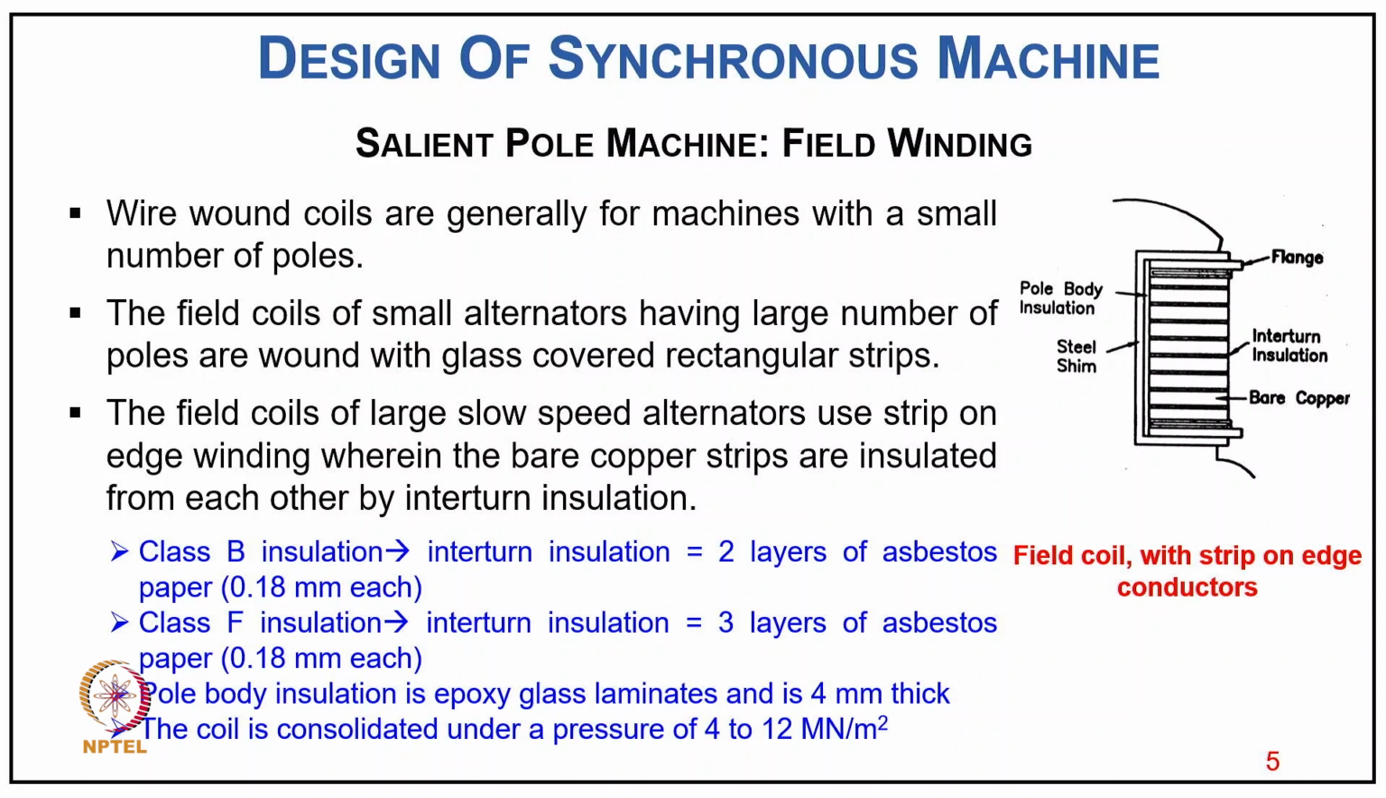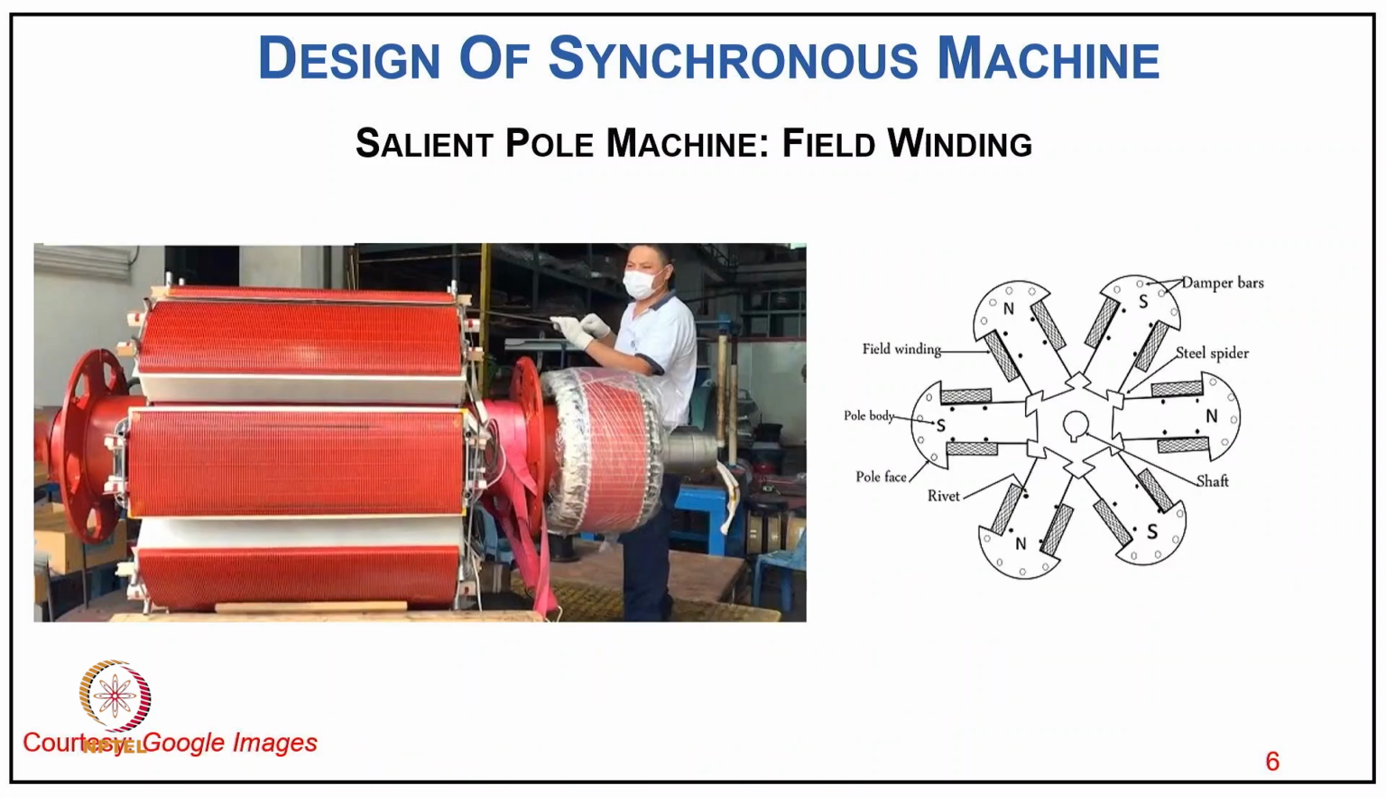by interturn insulation. So with class B insulation, interturn insulation is 2 layers of asbestos paper of 0.18 millimeter each, and class F insulation, interturn insulation is 3 layers of asbestos paper of 0.18 millimeter each, and pole body insulation is epoxy glass laminate 4 millimeter thick. The coil is consolidated under a pressure of 4 to 12 N/mm squared. So as a photograph, you can see how typically the field coils of